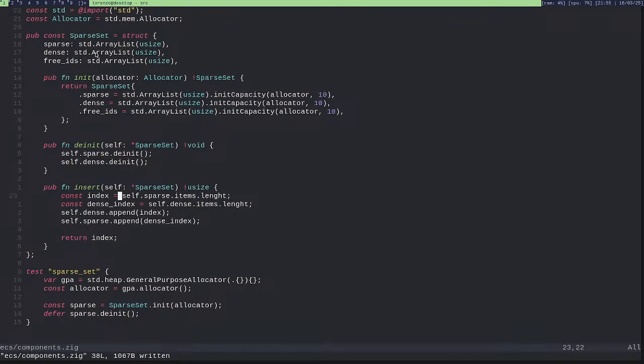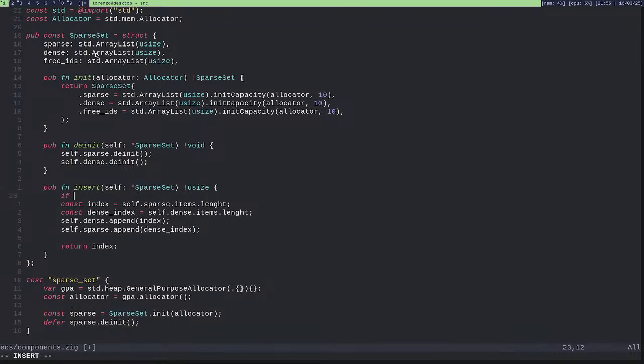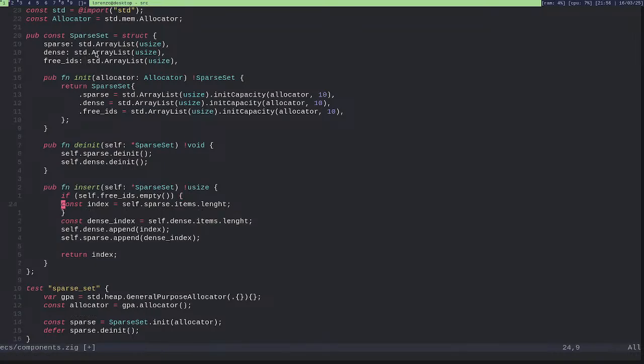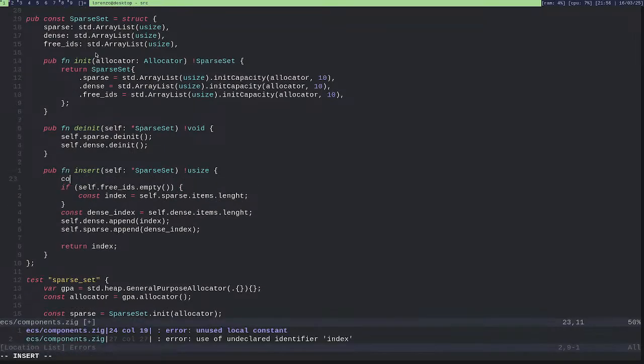And here, when I take this index, I will first check if self.free_ids is empty, then the index will be var index equals 0.